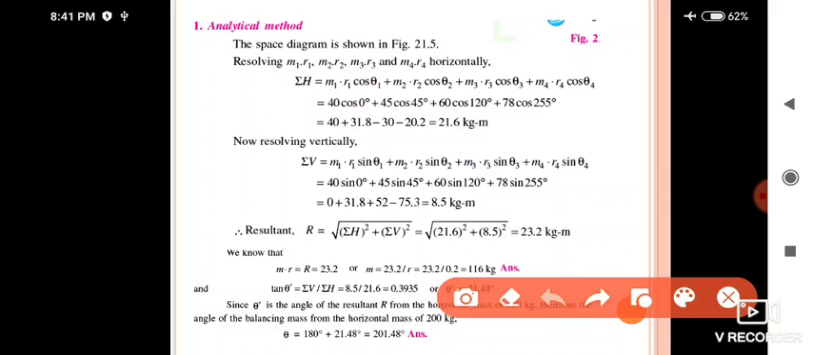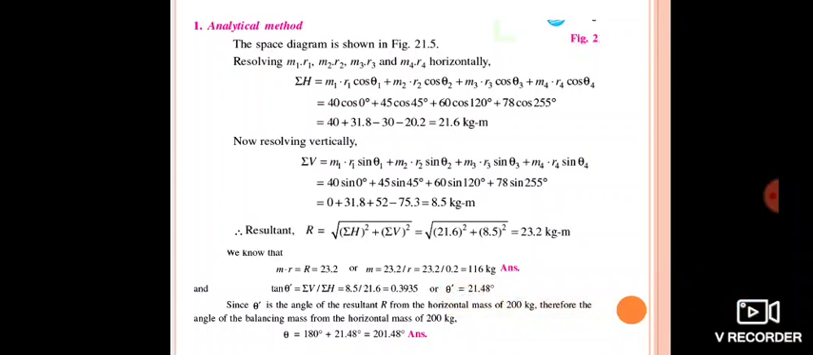Next, we need to find the resultant. R is equal to the square root of sum of H squared plus sum of V squared, and that gives 23.2 kg meter. Then m into r, that gives the m value, and you have to use tan theta inverse. That formula is sum of V divided by sum of H. 8.5 divided by 21.6 is equal to 0.3935, and